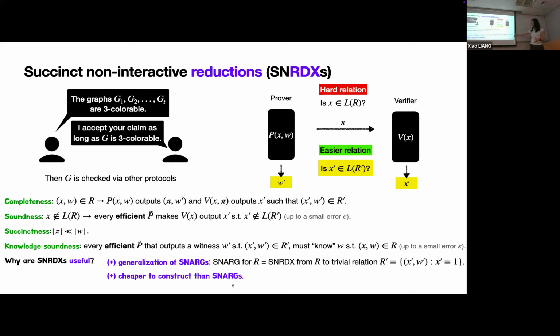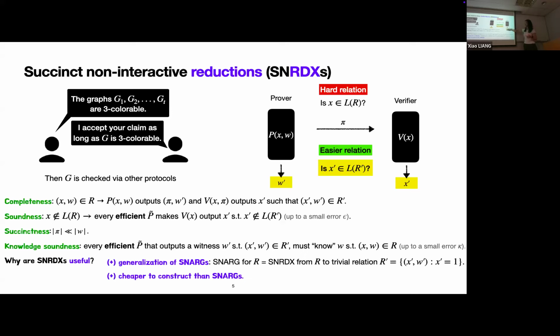Well, it's generalizing in the sense that it includes the original SNARK definition. So any argument is also a reduction for the trivial relation, when R prime is the trivial relation. So you can think of the SNRDX as maybe you have a full SNARG, when you would reduce a statement like this to verify will only output a relation where this is just 0 or 1. But in the SNARK construction, perhaps you could stop earlier so you don't need to output the final decision